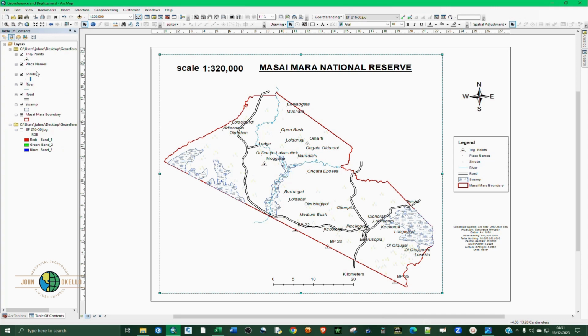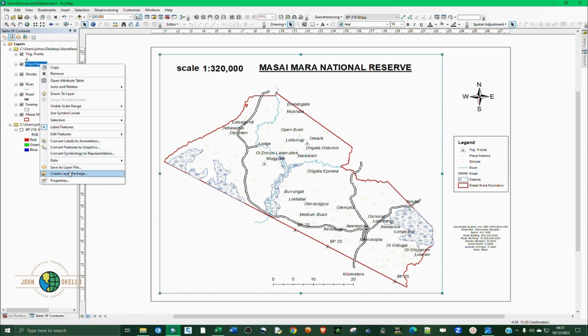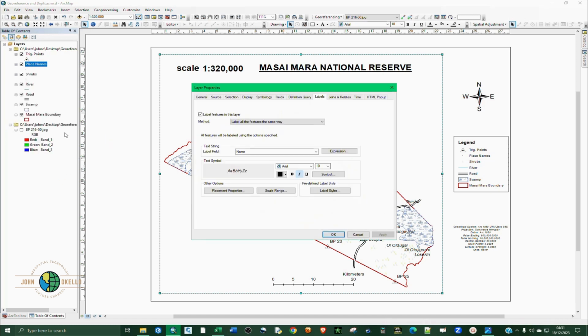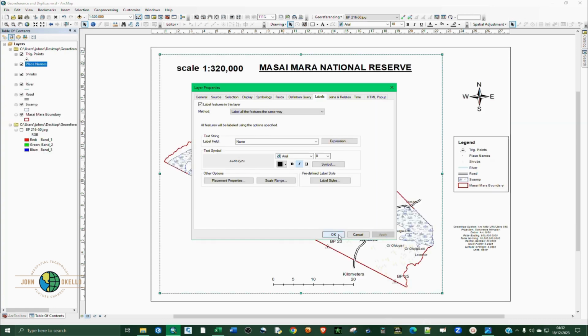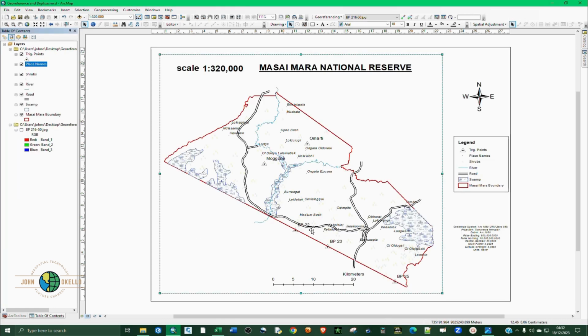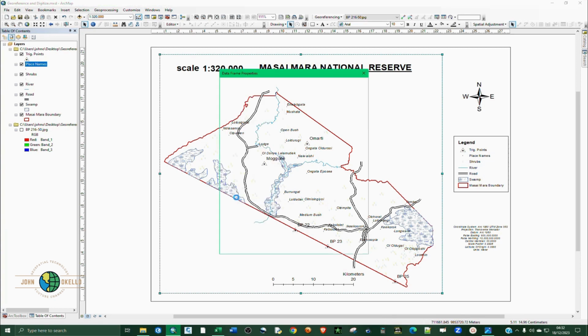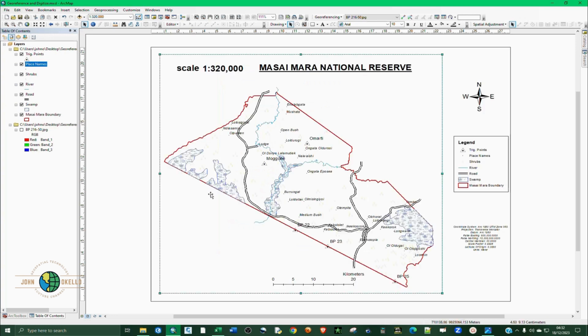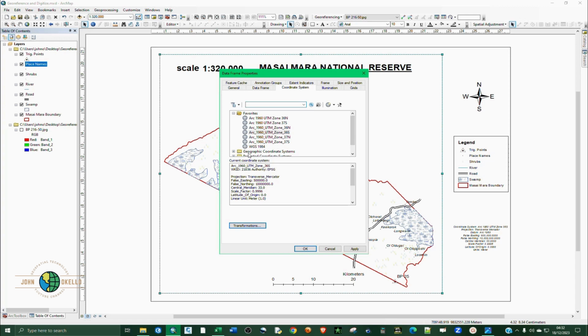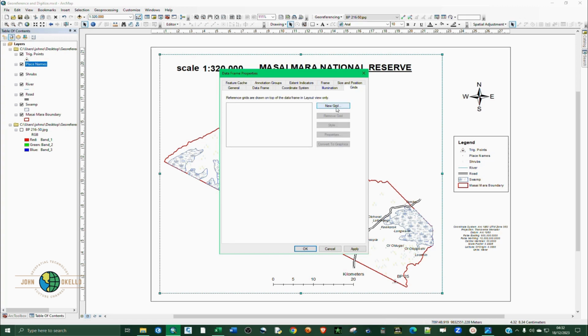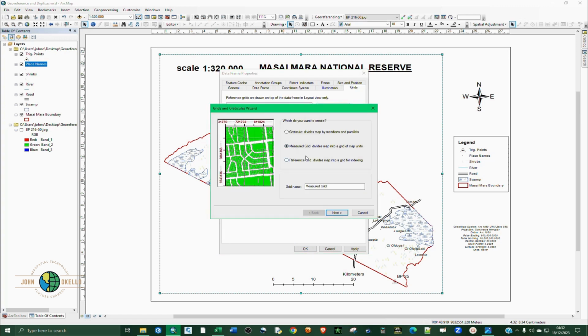So I think I can reduce the place name. I think they're quite messy. Apply, okay, like that. And another thing we can insert is grids. Let's insert some grids. Right click. What I did is just right click inside here and then go to properties and go to grids, new, measured,